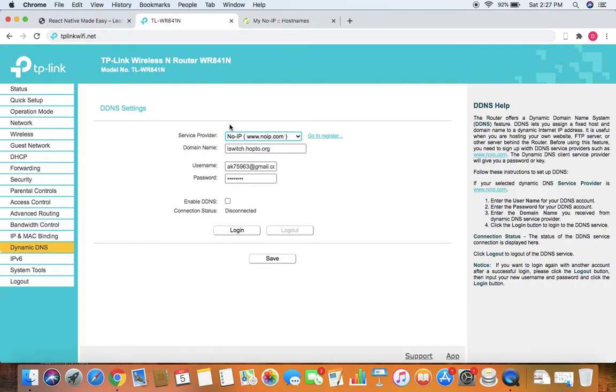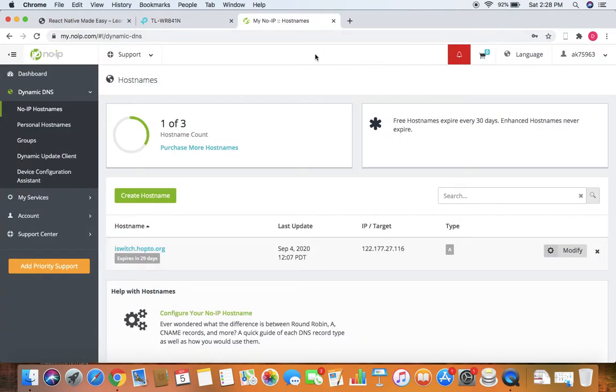Once you create the host name, you need to enter the host name or domain name here. You also need to enter the username and password that you have with this account.